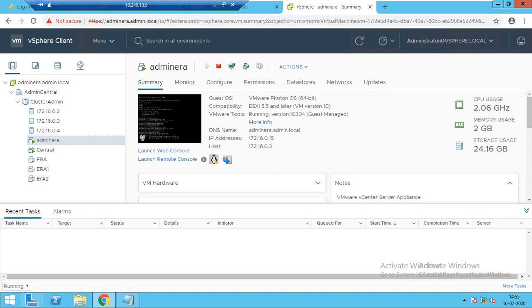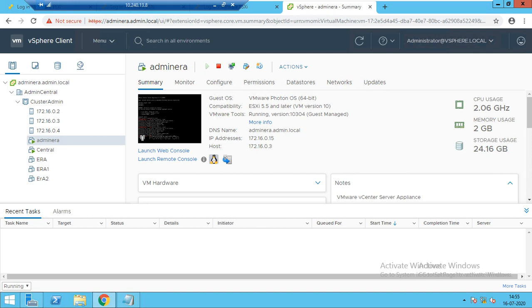And the second thing, always keep in mind a snapshot is kept for 72 hours, not more than that, because as the data increases on the virtual machine, the snapshot size also increases. So it occupies your storage unnecessarily. So we keep the snapshot for a maximum of 72 hours.